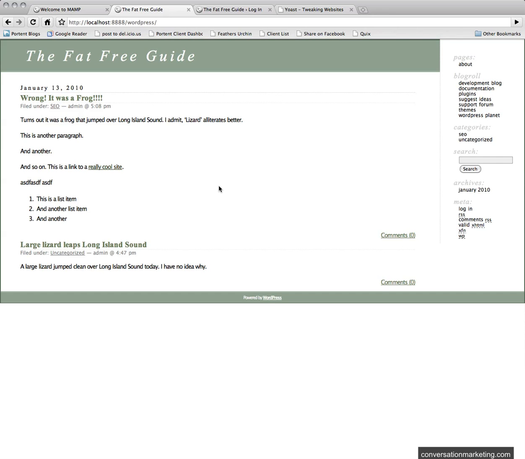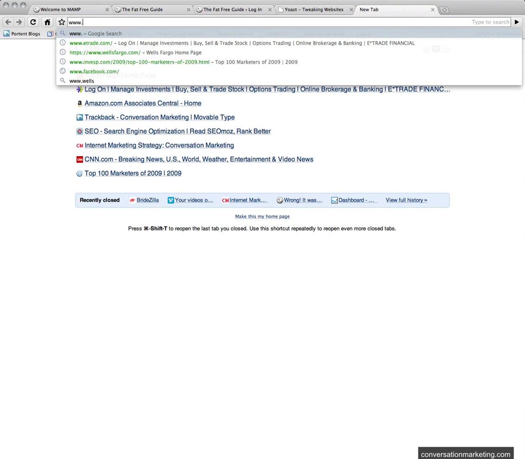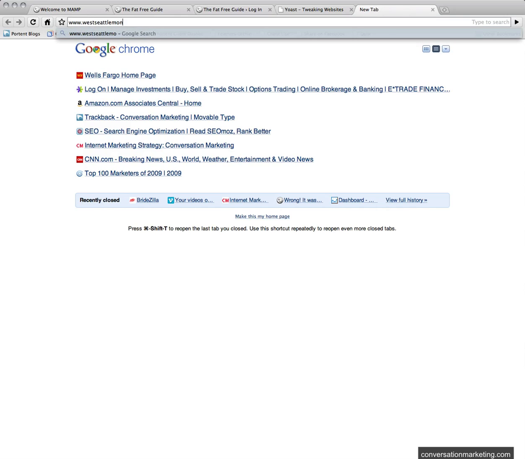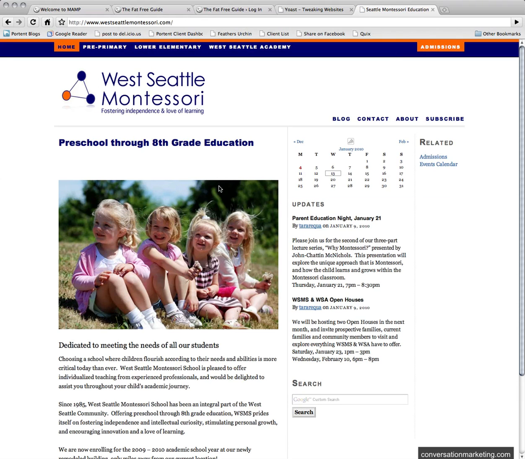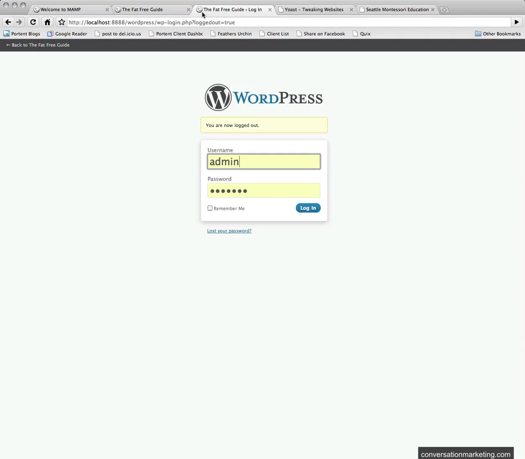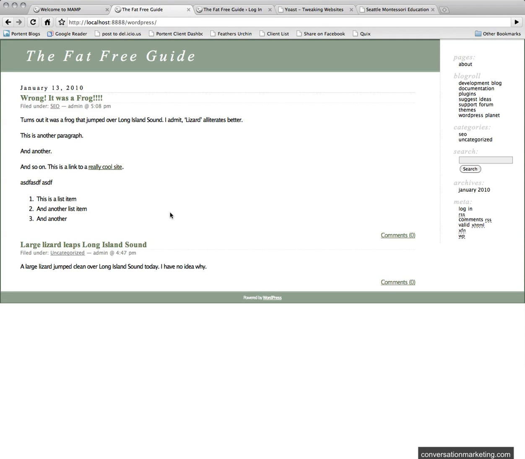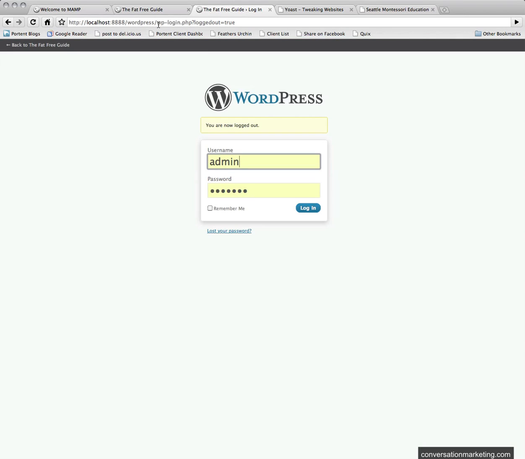When you first get WordPress, when it's first set up, it could look like this. It could also look like a very basic website, like this. However it looks, the first thing you're going to think when someone just hands it over and says, okay, start working on it, is, oh my God, what do I do now? Well, one step at a time. First thing you got to do